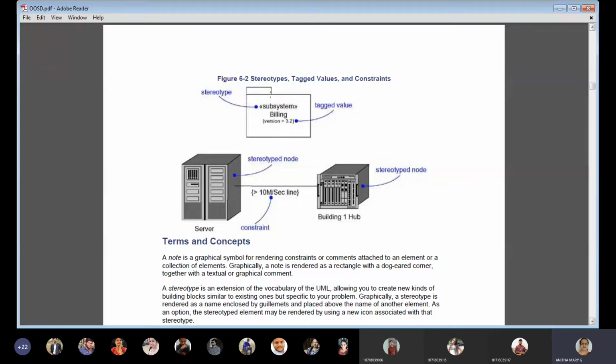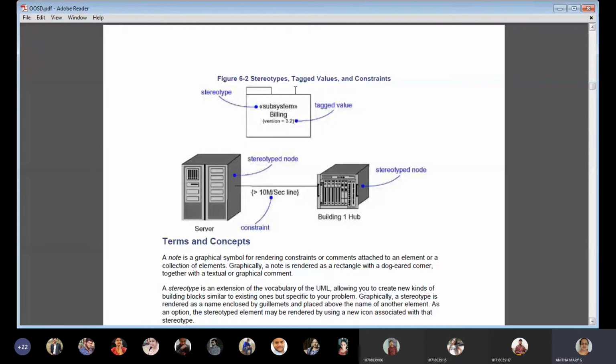If you take this example, subsystem billing, billing is the package here. Seeing the representation itself, you need to say whether it is a class, package or whatever. Seeing the representation, I can tell it's just like a folder. So it is called a package, a package of billing. All the contents with respect to billing are packed as a package.